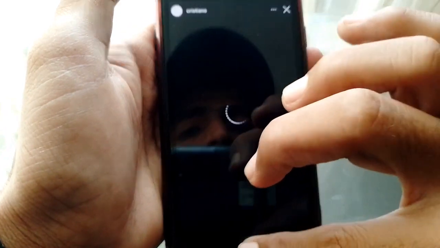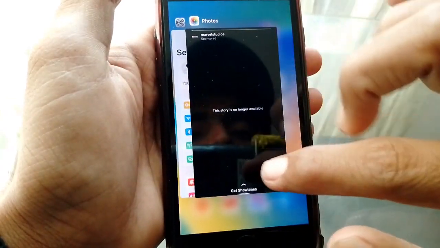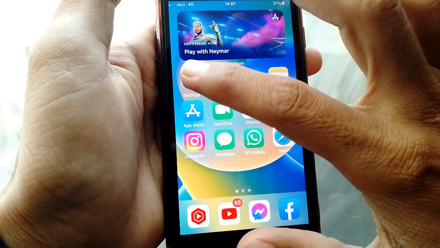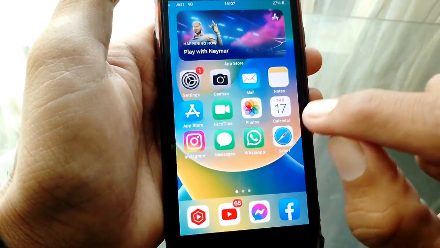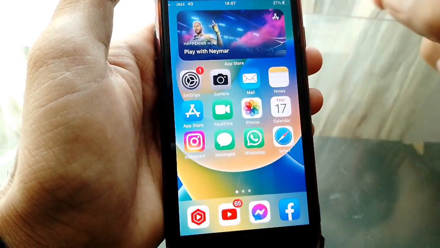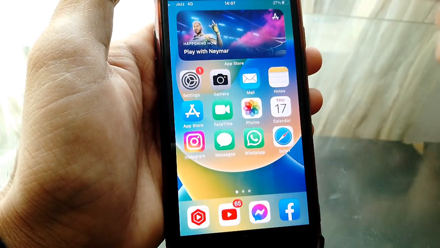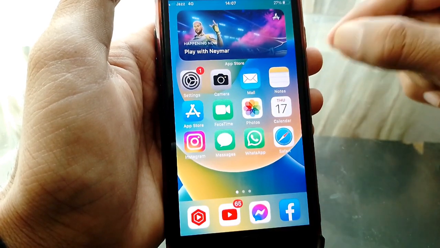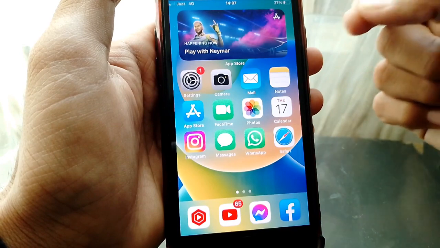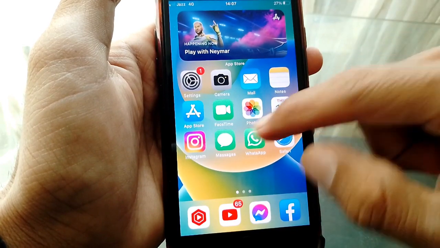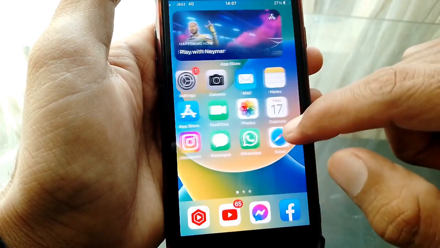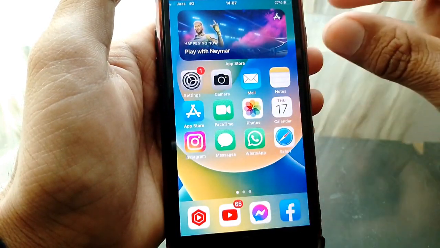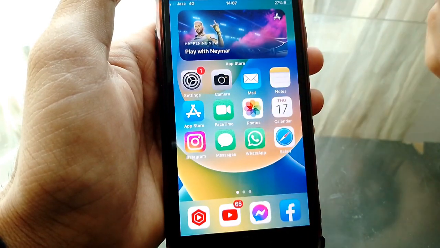So if you are facing this type of error on a particular account, then just simply go back, and let me tell you that this is because he deleted his story after posting, or Instagram deleted his story due to some community guidelines. So if you are facing this type of error on a particular account, then this is not a fault in Instagram. And if you are facing this type of error on every story, then what you need to do is